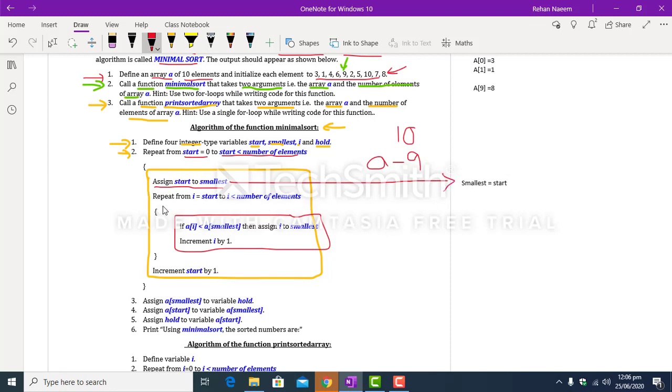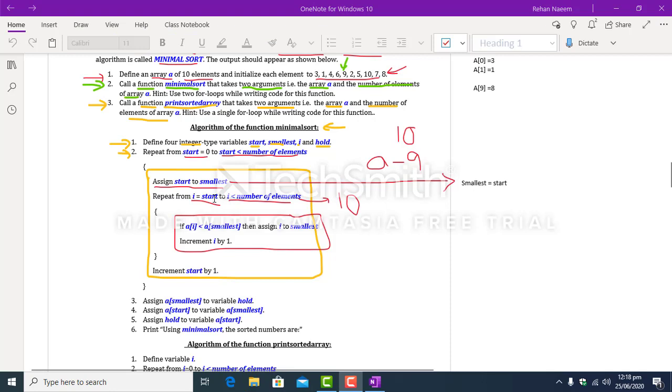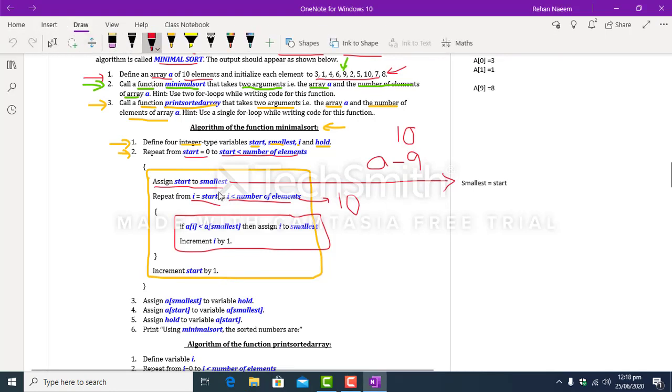And inside this yellow box we have another loop, and this loop will run from i equal to start to i less than number of elements. Number of elements again is 10, and the value of start is dependent upon the outermost for loop. Okay, so in the innermost for loop,